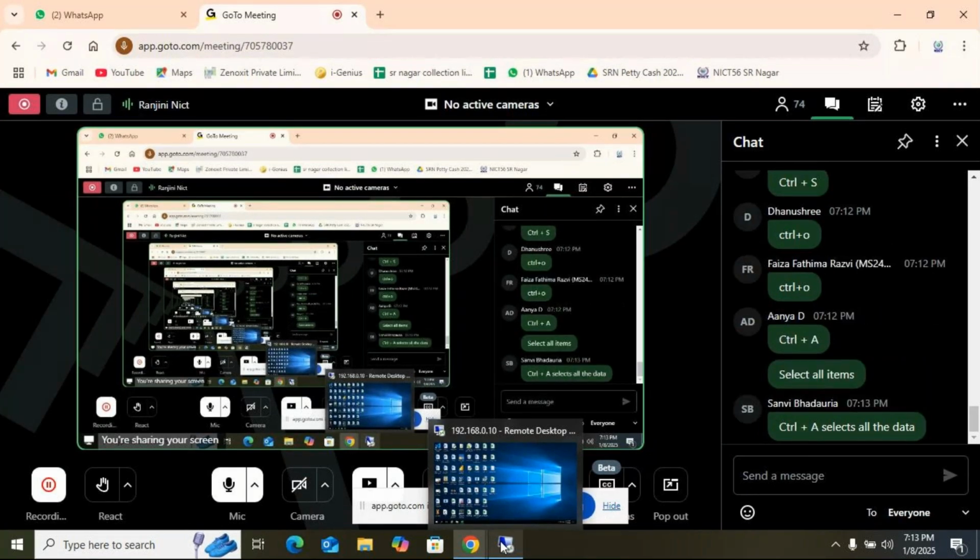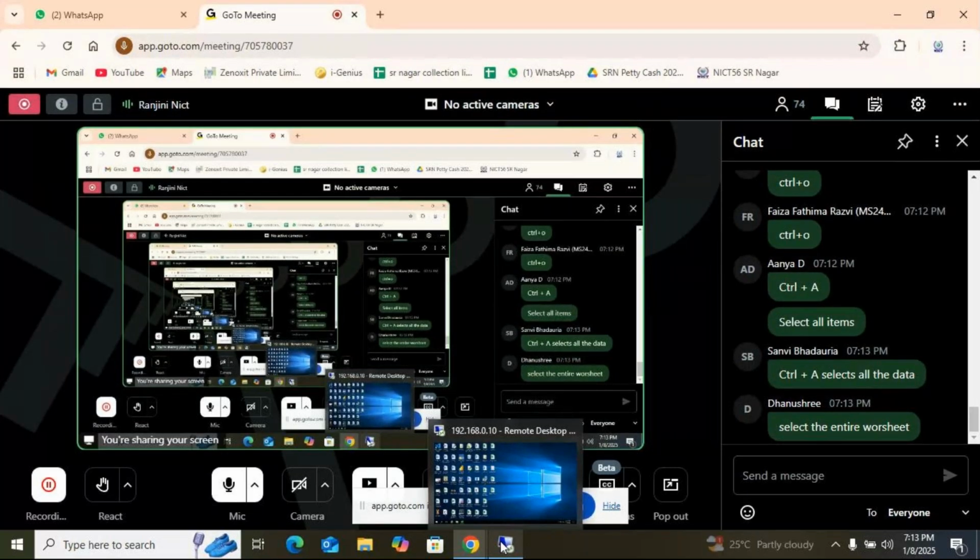Select the entire worksheet. Okay. If your cursor is inside the database, then if you press Control A, only that database will get selected. So Control A is for selection, Control B is for